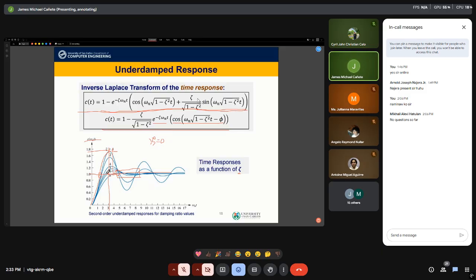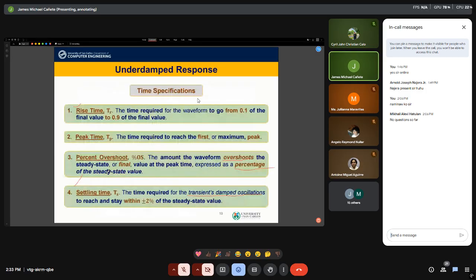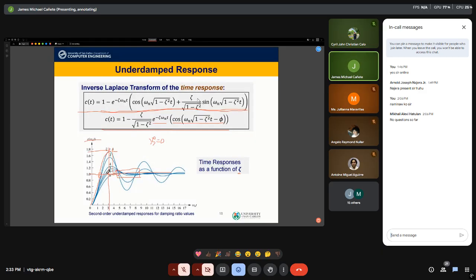I think the term is taken from archery or shooting. When you aim, you aim too high above the target. So you overshoot. Undershoot is when you have a target but your shot was below it. So percent overshoot is our term for this. We want to know by how much our output went past the target.